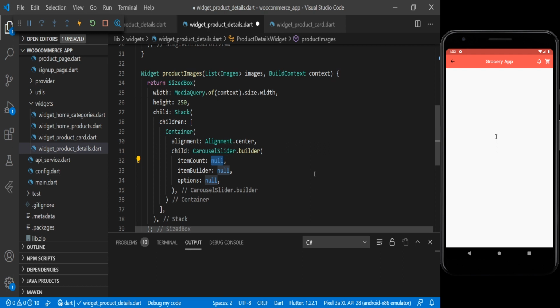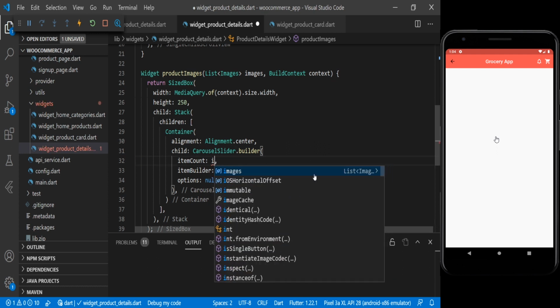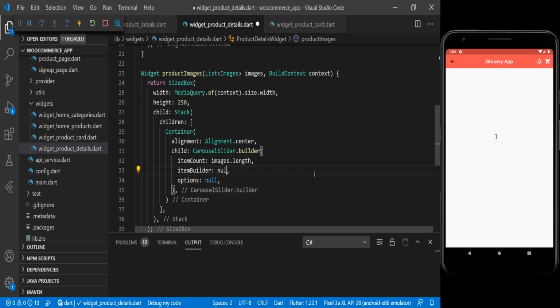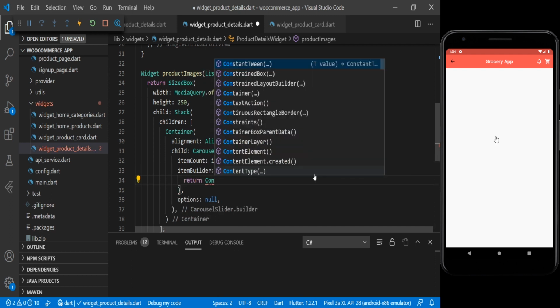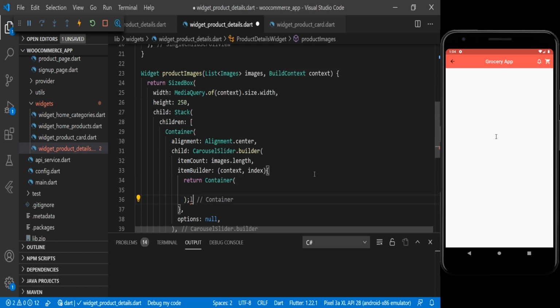For the item count we are using images.length, and for the item builder we are using context, then we will have index. Now inside here we are returning a container. Now inside the child we are using a center widget, then we have a child.